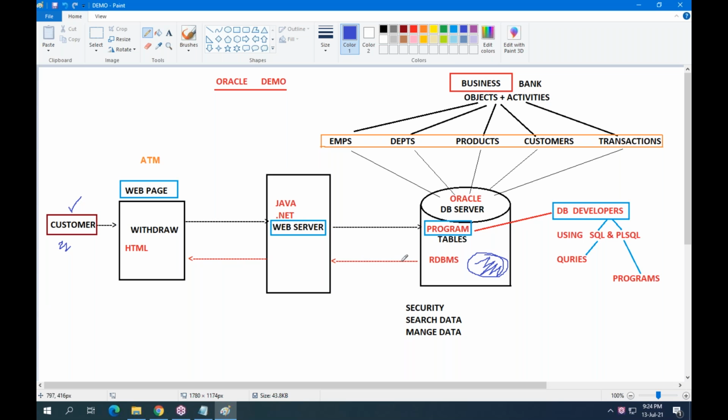That's why they are maintaining data in a database server.